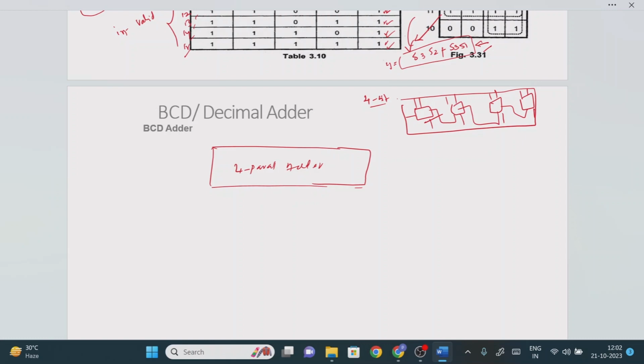Now, how many inputs do we have? A0, A1, A2, A3. For the B bit value, it is B0, B1, B2, B3. So the A bit value is A3, A2, A1, A0, and the B bit value is B3, B2, B1, B0, right?